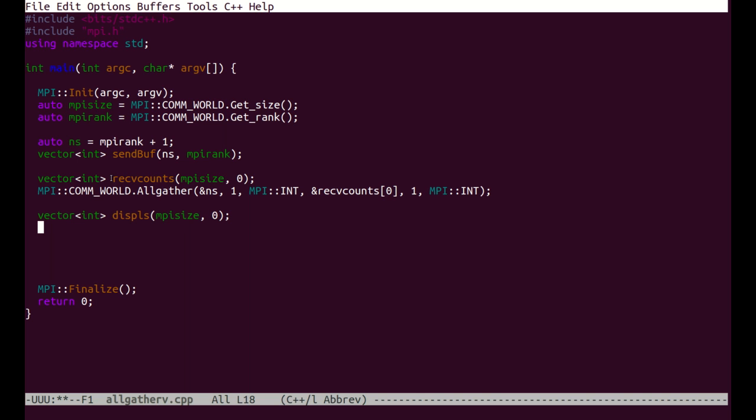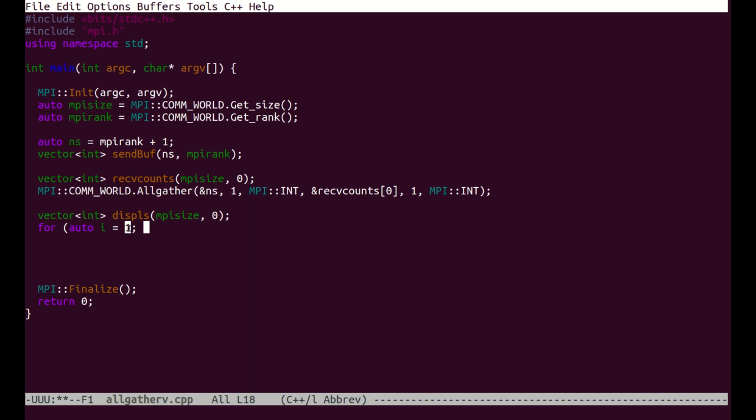Because if we know the number of integers contributed by each individual rank, then we know its offset into the receive buffer, right? So all we have to do is an accumulation for auto i goes from 1. It's not from 0, because the offset